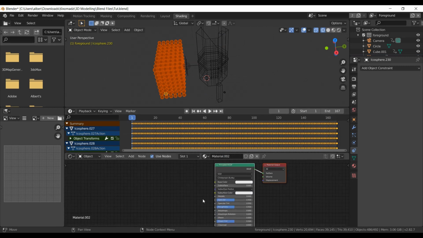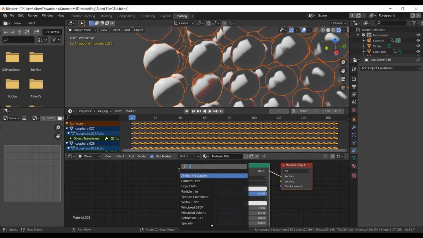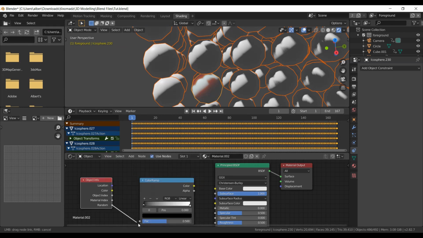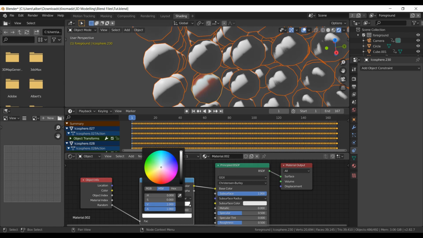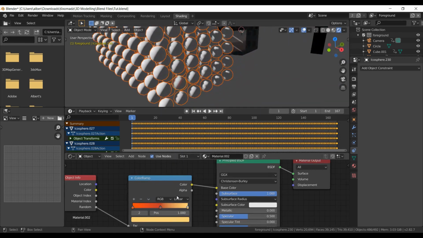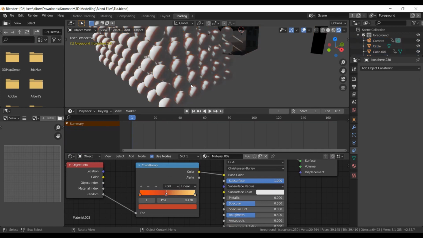And we'll shade the sphere. Use a subsurface to 1. Use a color ramp and object info node. We'll plug random to the factor of color ramp and color ramp to subsurface color. What the random function in object info node does is that it gives random colors to random objects in which this material is assigned. So the color ramp, we can control what all colors should be used in random function. We will give 3 or 4 colors. Since it's linear, it can generate more colors.